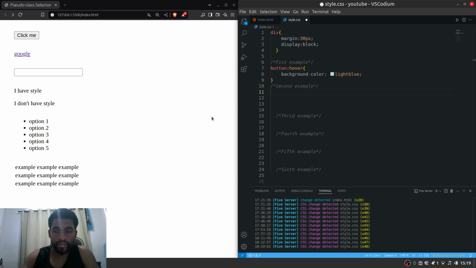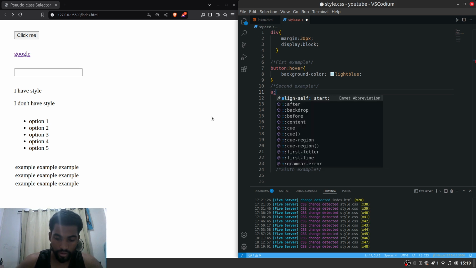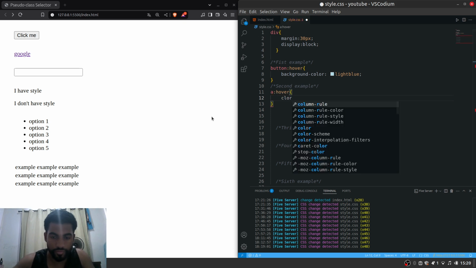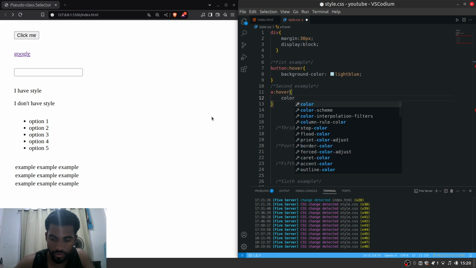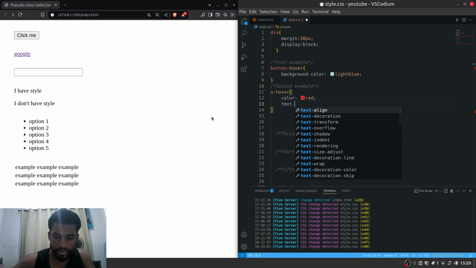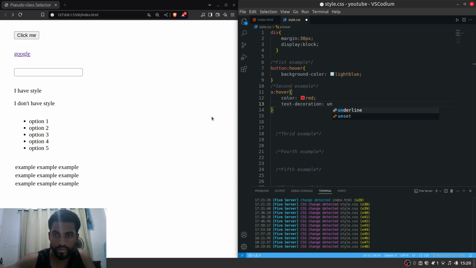And in the second example, I apply an a element, anchor element, and colon hover. I open curly braces and add the property color red, and text decoration underline. Okay, and when I save,